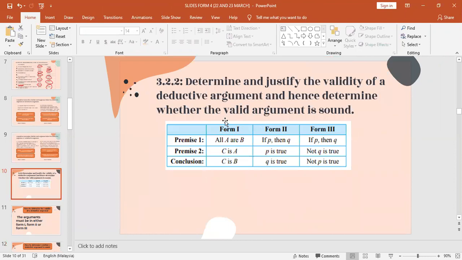Okay, now for 3.2.2, determine and justify the validity of a deductive argument and hence determine whether the valid argument is sound. So in this subtopic, firstly we will learn how to determine the validity of the deductive argument. Kita kena tentukan sama ada argument tu valid or not. And second, kita kena tentukan sama ada argument yang valid tu adakah dia sound. Okay, so we have two things, valid and